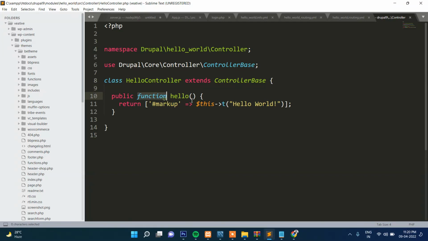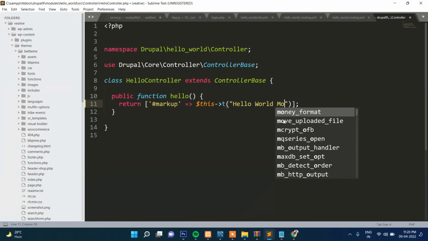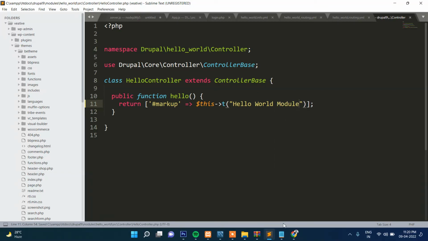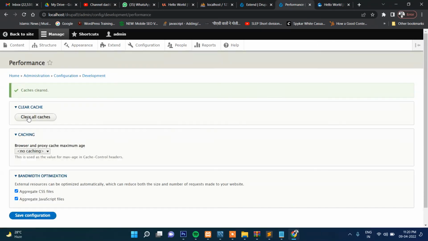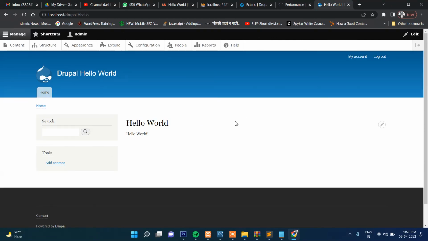This is the same text, hello world module. If you change here hello world module, then it should display there hello world module. It's not displayed because you need to clear the cache, then it will show you hello world module. Once this is cleared,